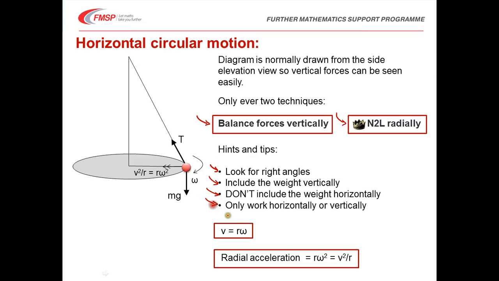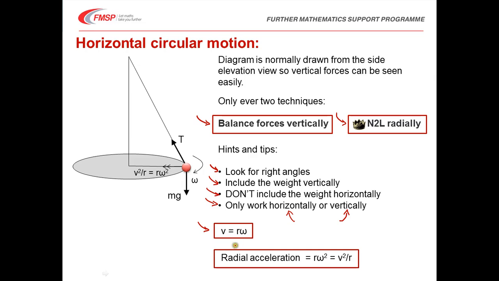And here's the really crucial one. It's absolutely vital that when you're working on horizontal circular motion questions, you only ever consider the acceleration and forces, etc. in the horizontal direction, or the balance of forces in the vertical direction. Any other angle to the horizontal or vertical will cause a problem because it will have components of acceleration which complicate the system. Formulae that you need to remember: linear velocity along the circumference is equal to the